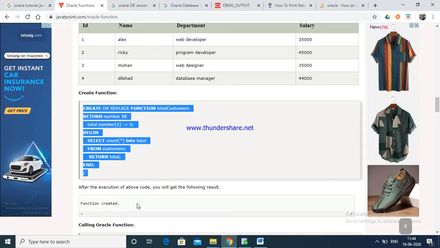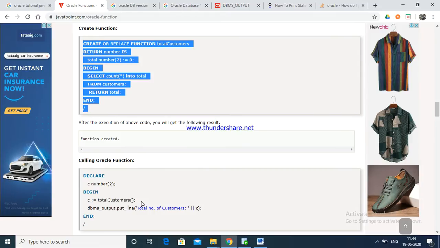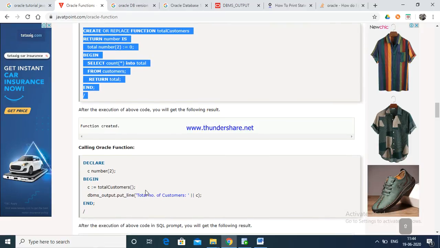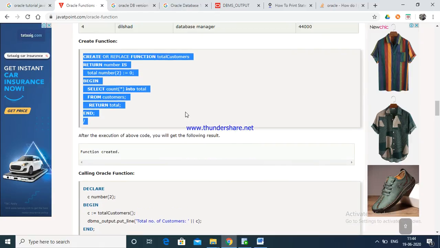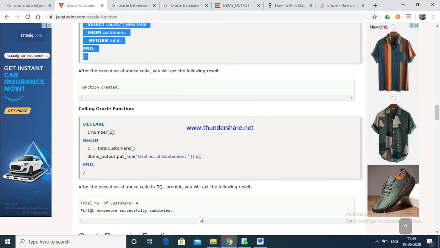function. The function is created. Now calling the Oracle function. We are going to call another Oracle function. See here, the function is declared and the name is total customers. First I am going to create it.